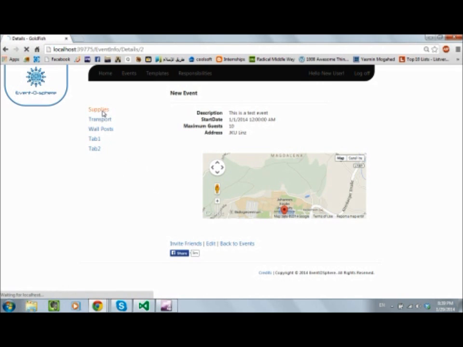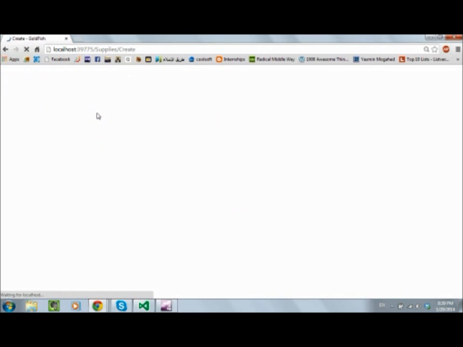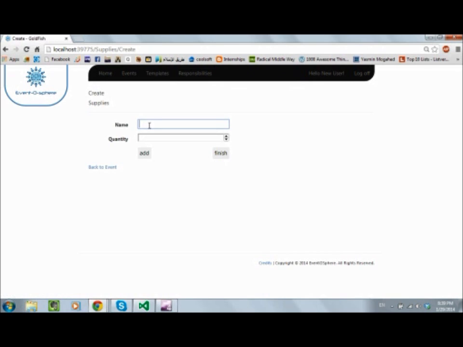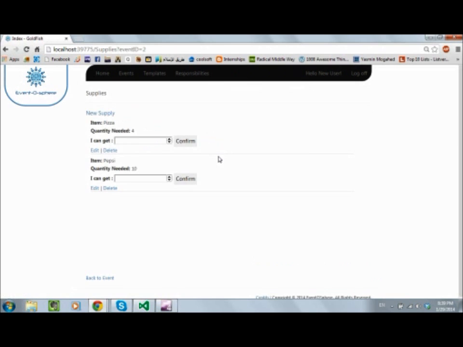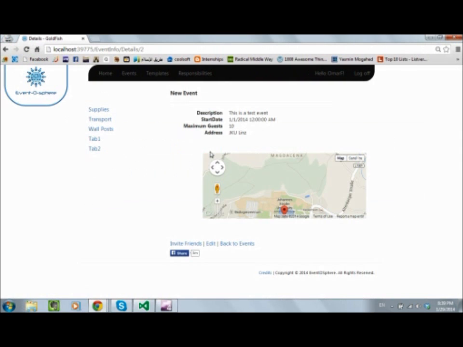So the first tab is the supplies tab. Okay, so let's say that I want some person to bring 4 pizzas. So I can say here 4 pizzas, and for example 10 Pepsi bottles, and I click finish. So I can see here that I need 4 pizzas, 10 Pepsis, and then if you go to